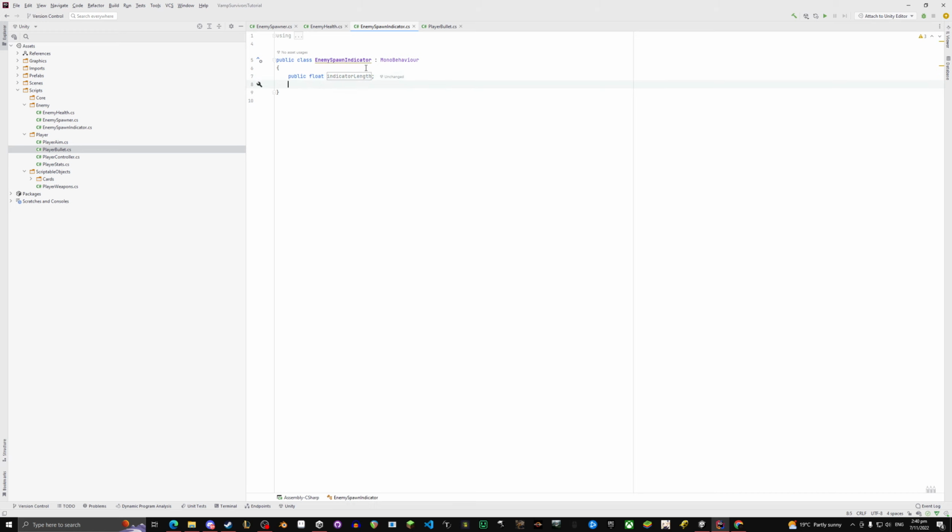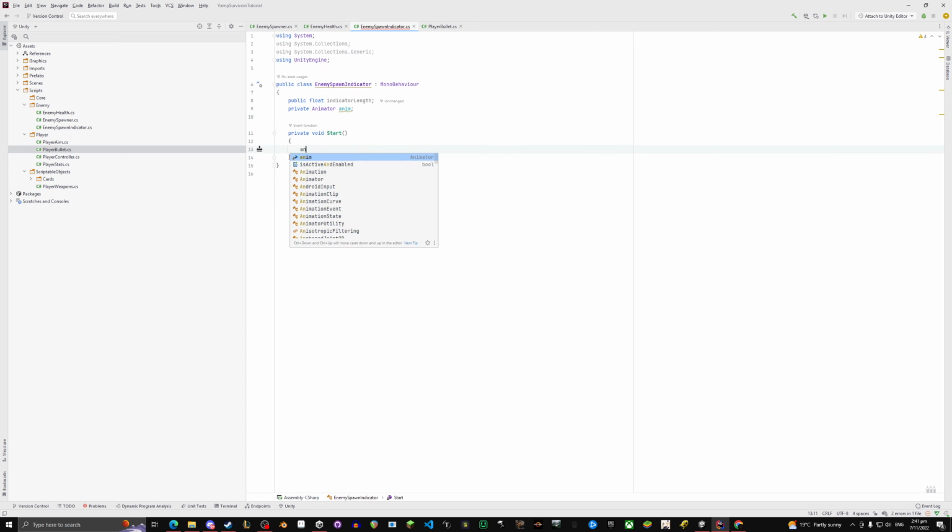And then we will have a private animator anim. And then we'll do start, and that is anim dot speed equals indicator length. Okay. Then we'll have a public void spawn enemy,